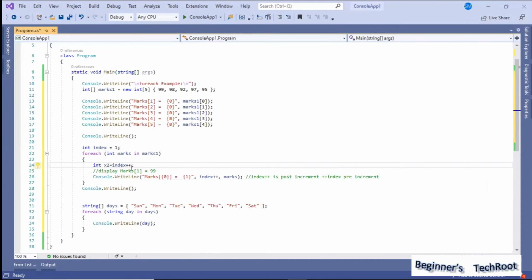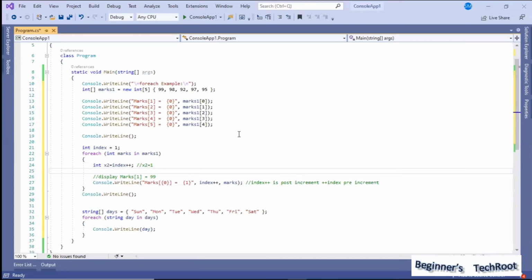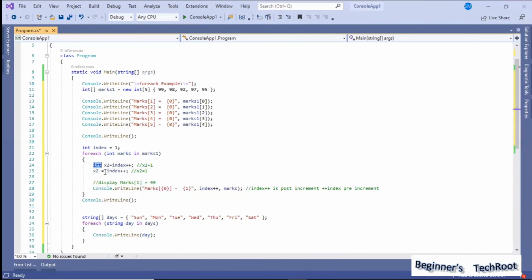So when you do like this, what will happen? In this case, x2 equal to 1. As already declared. Okay, usually the best practice whenever you are introducing a variable is to declare it within the scope where it is needed, the block, the braces, where you start and end.